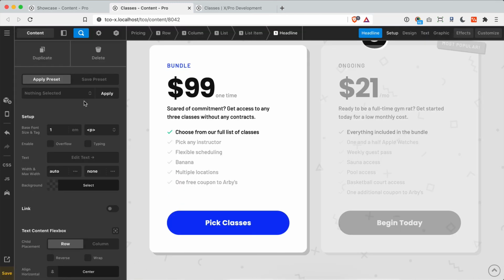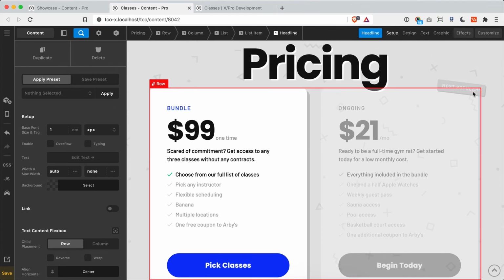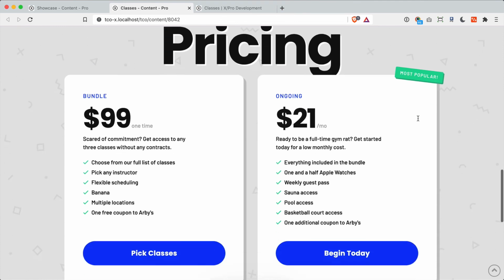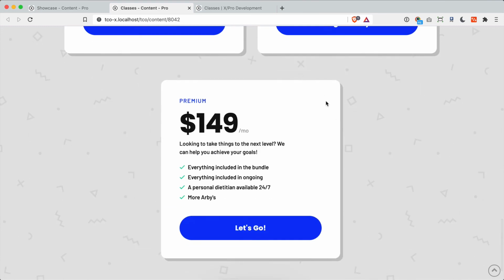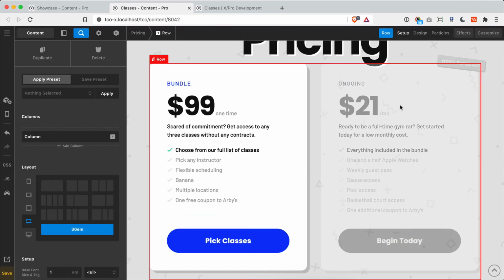Another fun thing you can do with this particular setup is have variable markup. So we can use our element conditions to check for the existence of a particular set of data, and if it's not there, then we won't output anything. So for example, I've designed this little featured badge here that I want to put on my pricing column that is our most popular option for our users. But you can see that I don't have that on my bundle or my premium level that we added here. Well, how that's working is if I go back to my data,